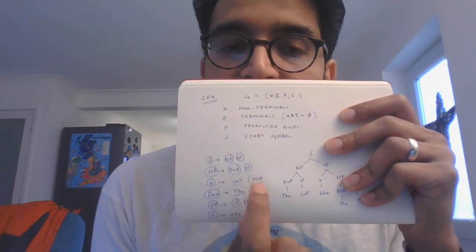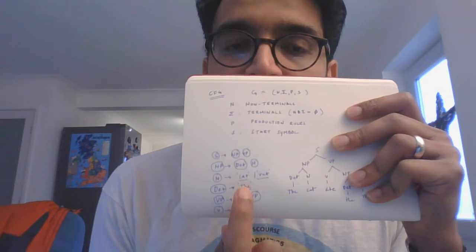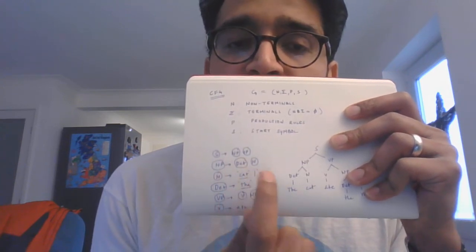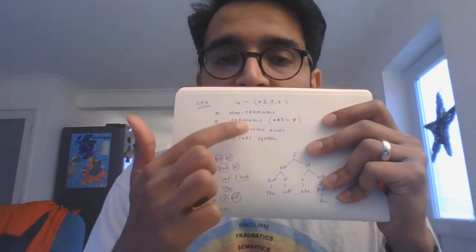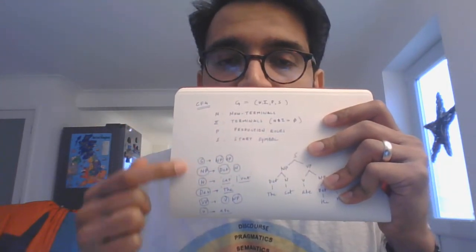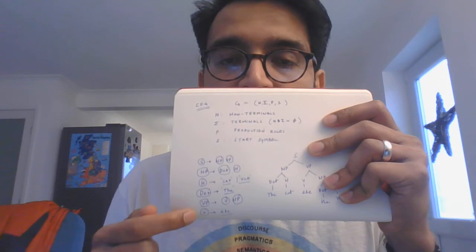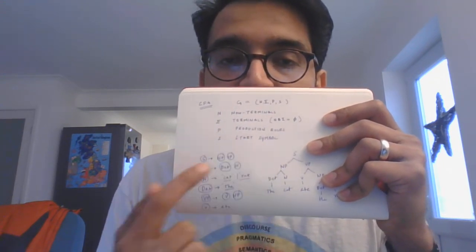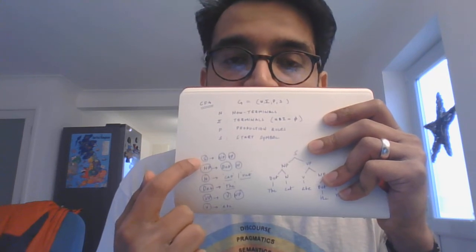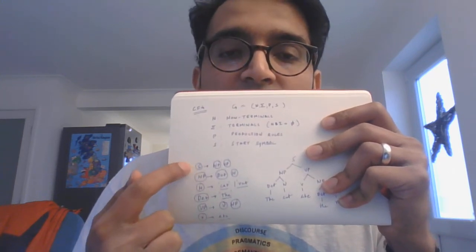So here cat, rat, ate, the, these are the terminals. So they cannot be expanded anymore. That's why they are called terminals. And the production rules. So these are all the production rules that you saw here. And the start symbol. So the start symbol in this case is S, because the derivation will always start with the start